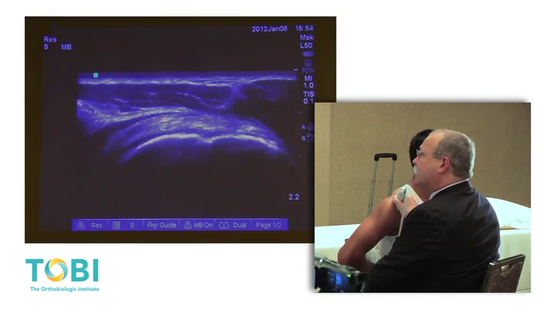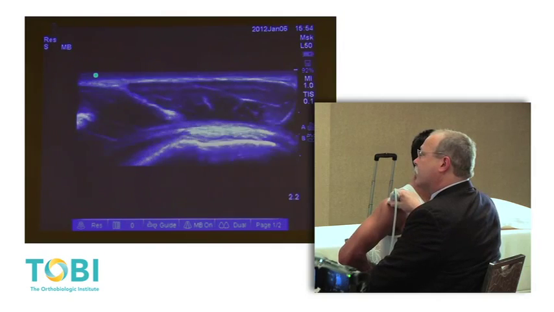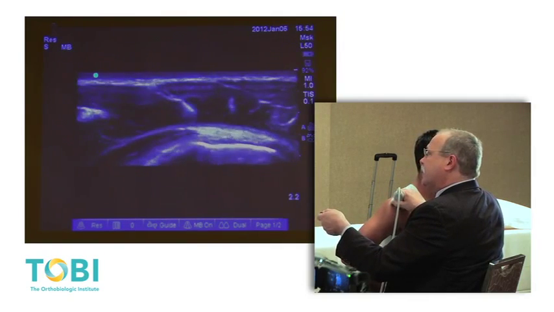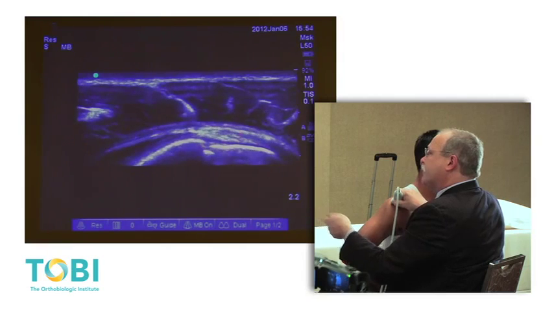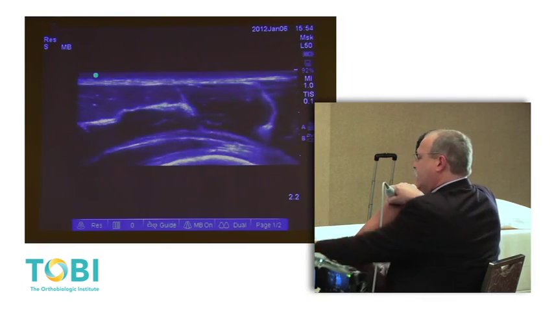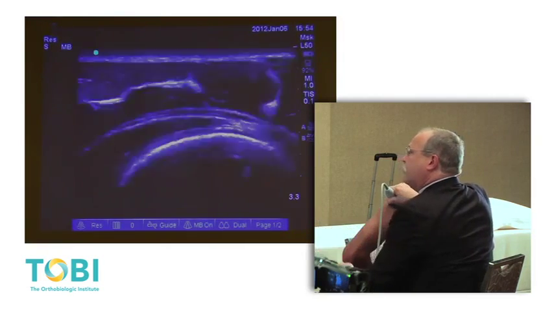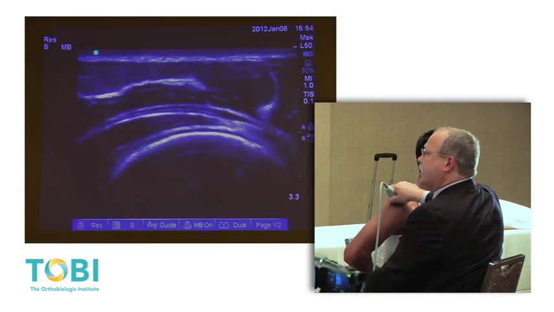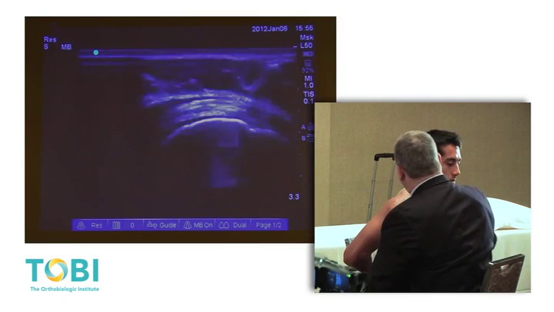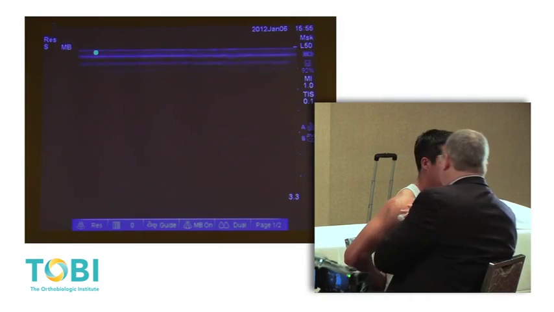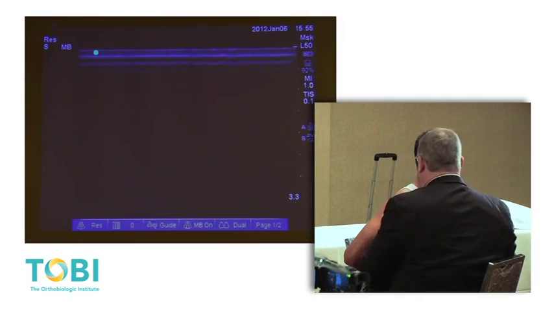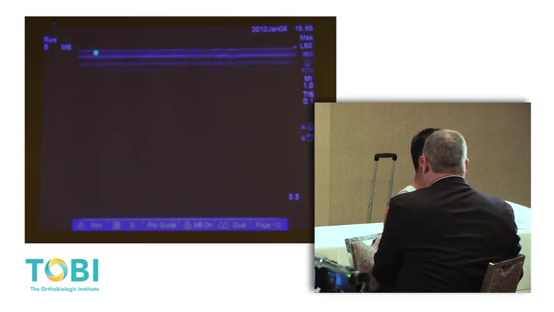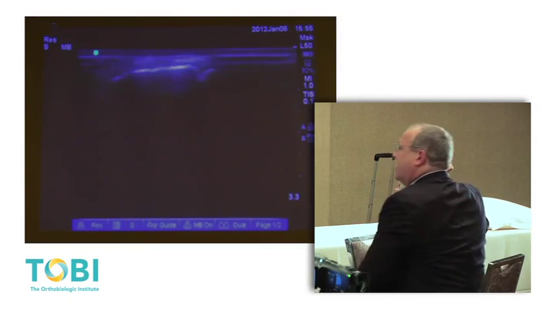And working around posteriorly until we get into the infraspinatus, which you see there, and its attachment on the distal footprint of the greater tuberosity. Then give myself a little more depth and work posteriorly, and we're now into the musculotendinous junction of the infraspinatus. So that's pretty much my examination of the rotator cuff, but as I mentioned, other structures are very important to look at too. The AC joint,